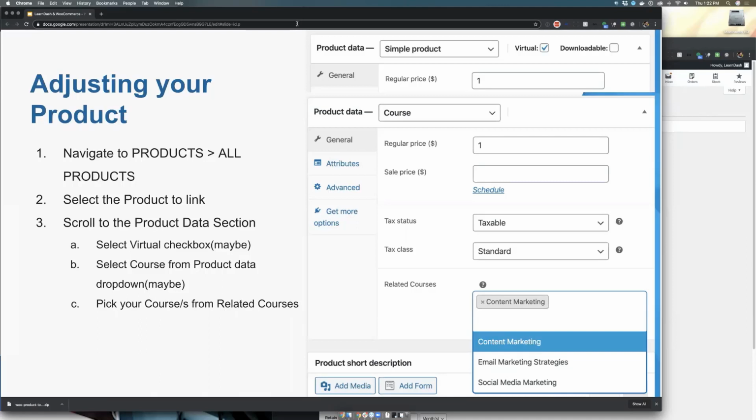So what we're going to do is navigate to a product we want to tie to WooCommerce. We want to scroll to the product data area and change a couple of the settings here. By default, we always want to check virtual product. We want to make sure that we also assign the proper related course to it in the dropdown,